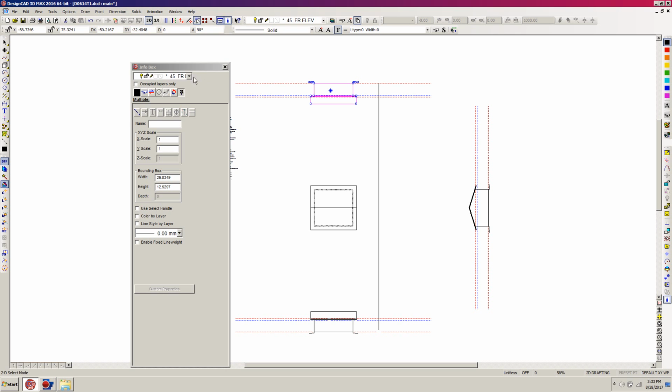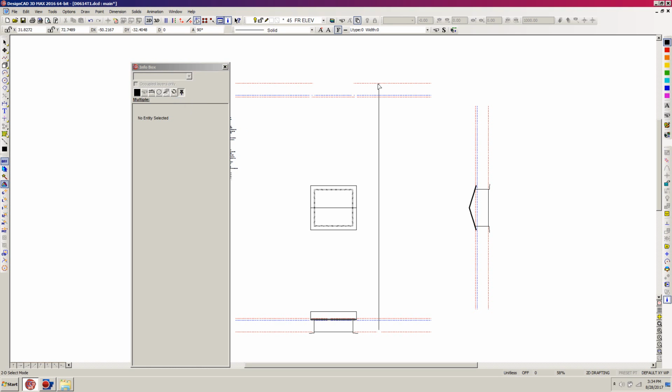So I'm going to now go to the info box and change that rear elevation down to layer 49, and I can see that layer is not visible, but I'm just going to click on layer 49, which is the rear elevation layer, and click on that, and it disappears because layer 49 isn't